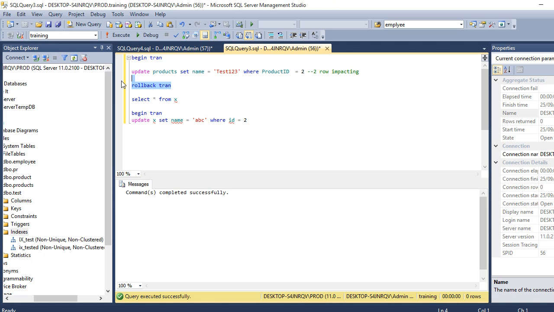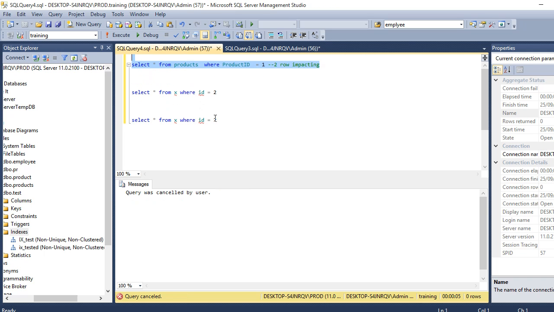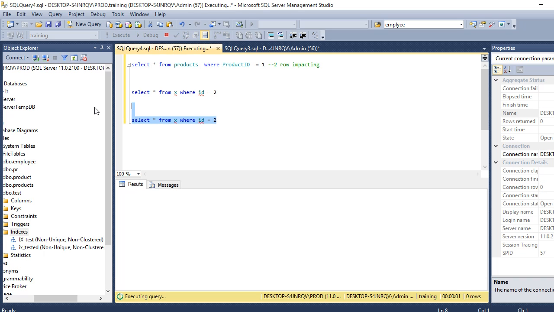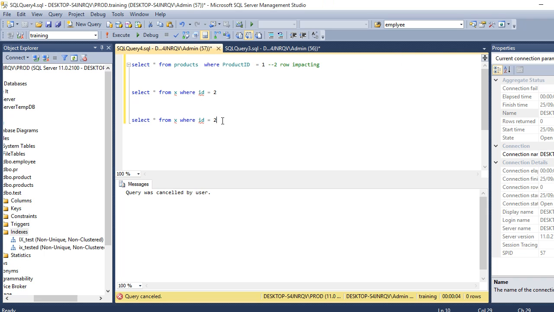Now let me show you what the behavior will be if the table has indexes. Here we are updating table X where ID is equal to 2, and on table X we have an index. I have initiated the transaction. Now I'm trying to access the same row, and the same row will obviously be blocked. Now we will try to select another row from the table.